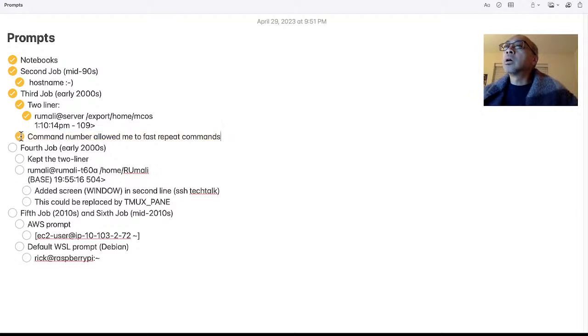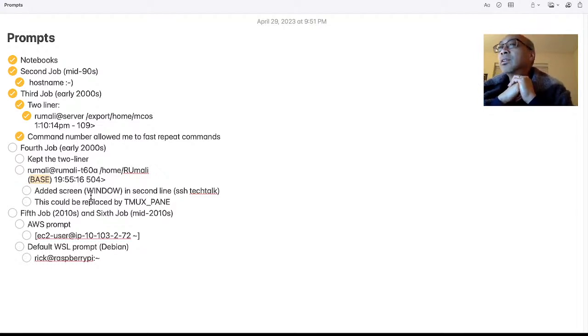Second job, third job. So my fourth job, I kept the two-liner, but I added this base here. This was a way for me to know whether I was in a terminal multiplexer.